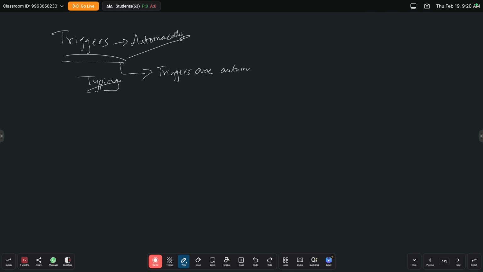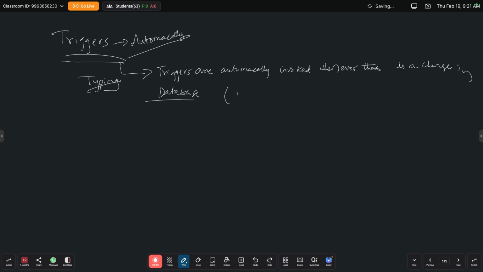So triggers are automatically invoked whenever there is a change in the database. So triggers are the procedure which is automatically invoked whenever there is a change in the database.